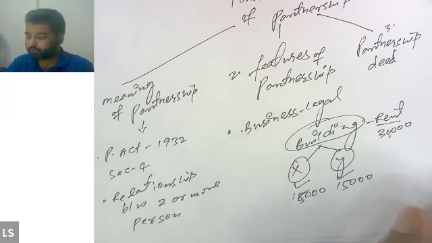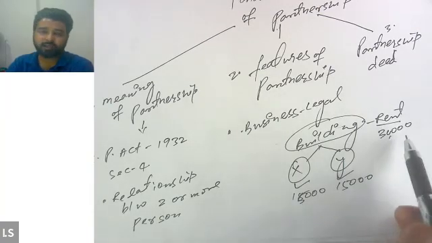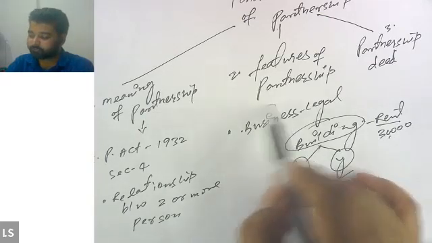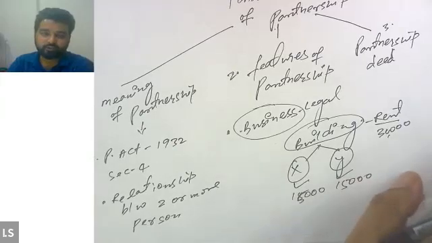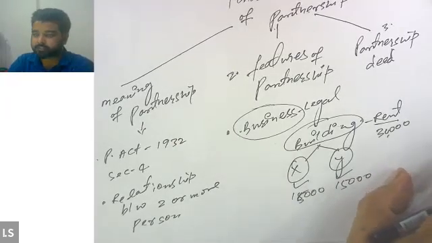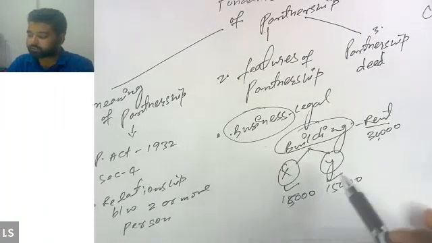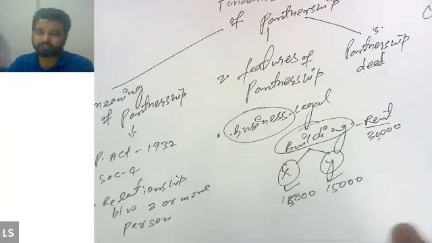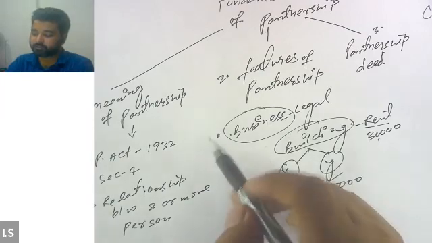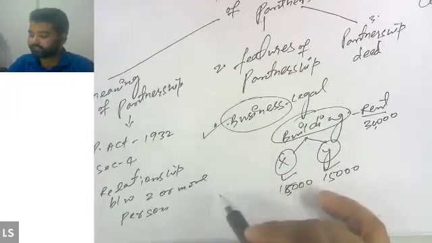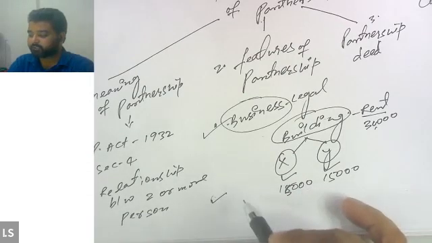Answer is no. Sharing of revenue cannot be treated as a partnership agreement unless and until there is a business. If revenue is being generated from some kind of business, and that business should also be legal, then only such sharing can be considered as a partnership sharing or partnership agreement. So one of the basic features of the partnership is that there must be some kind of legal business. All right. Then the next feature of the partnership is that there must be